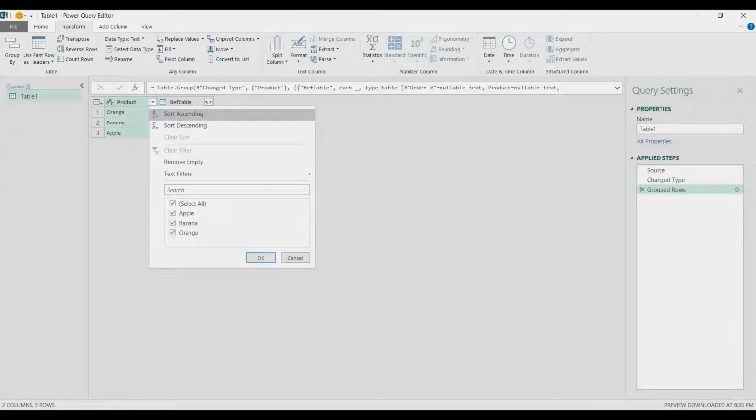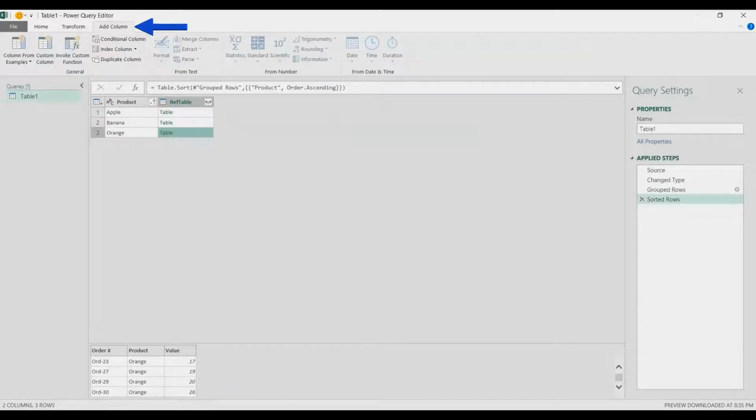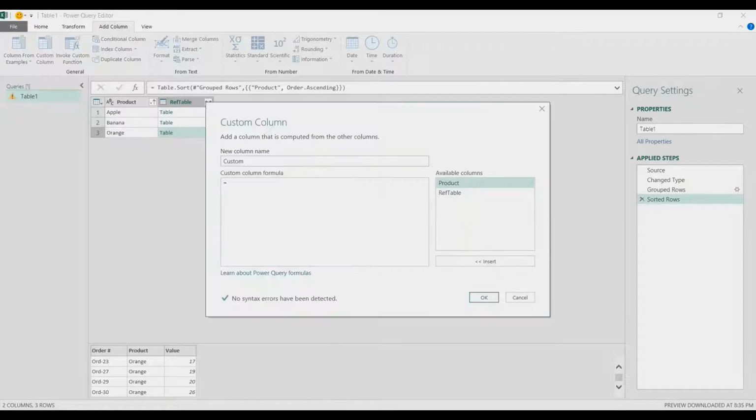For product, let's sort ascending order, and then you have this table for apple. The next thing is to get the last entry for the apple, which is order 28 here. For banana, that's order 25, and for orange, that's order 30. So I'm going to add a column for that. Add Column, Custom Column, and we're going to use the formula